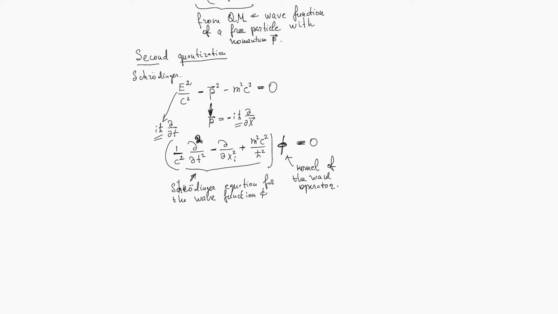Especially in the case when you also switch on non-trivial interactions, so self-interactions for this theory. To clarify this, let me introduce, instead of a real field, a complex field, because a complex field is more suitable to regard as a wave function, right? Because the wave function in standard quantum mechanics is a complex-valued function. So if I pass from a real scalar field to a complex scalar field, then the action